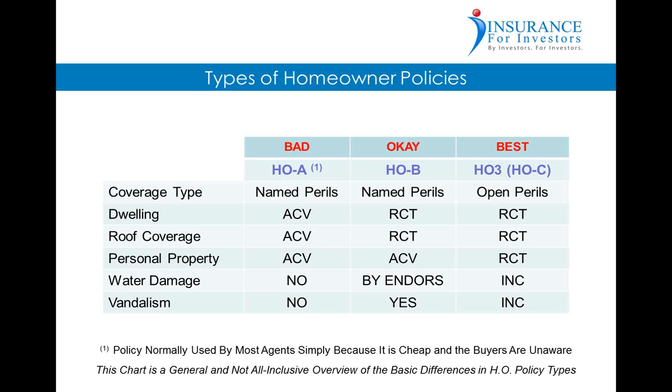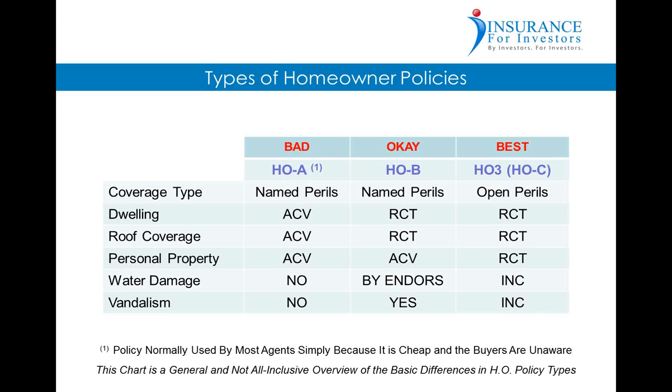However, the dwelling is insured at replacement cost. The roof is at replacement cost. However, personal property is covered at actual cash value still, unless there's an actual endorsement or change added to the policy for more premium, changing that to replacement cost. Water damage may be added in most cases, but it has to be added to the policy, and it does